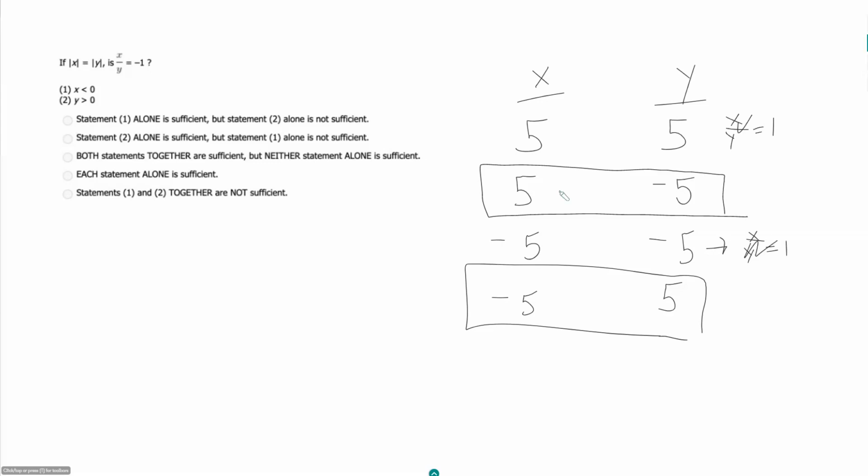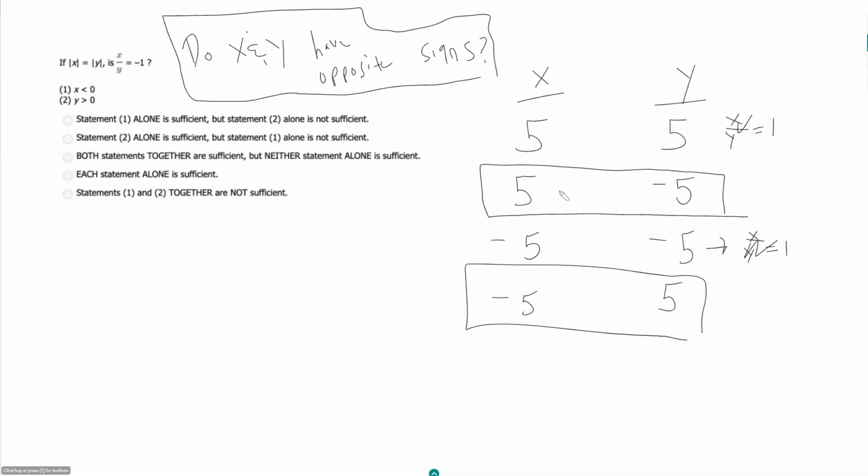So you can think of this as saying, our whole question is really just saying, do x and y have opposite signs? And if you can rephrase your question like that, either on paper or just in your head, then you just got to glance at your statements and you can see, okay, statement 1 tells me x is